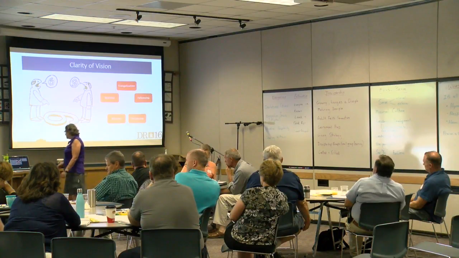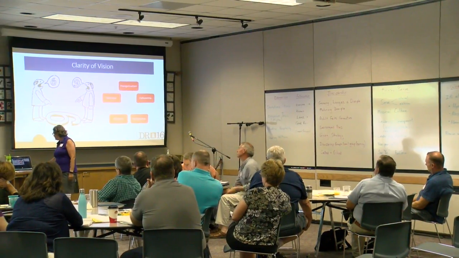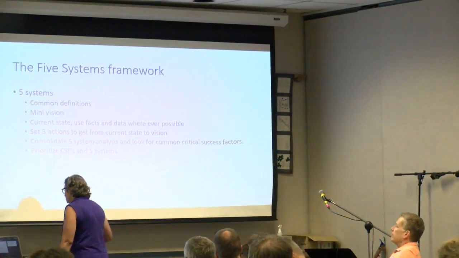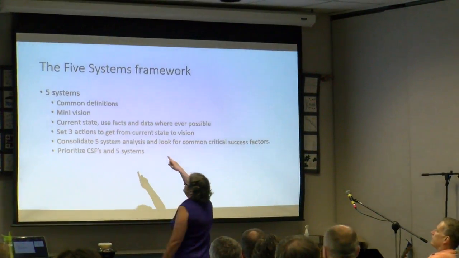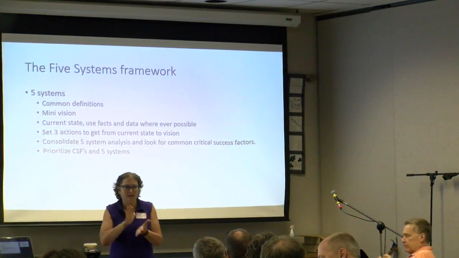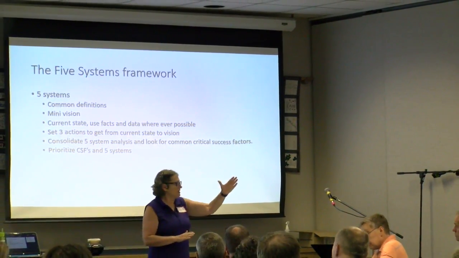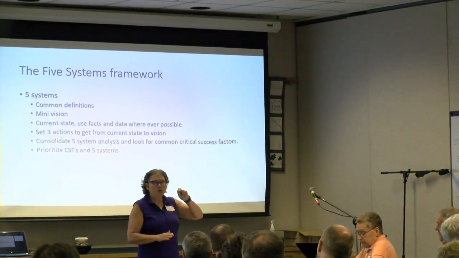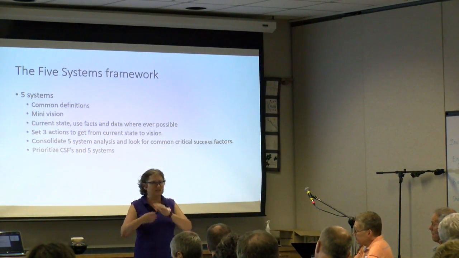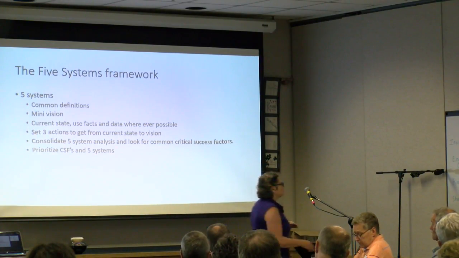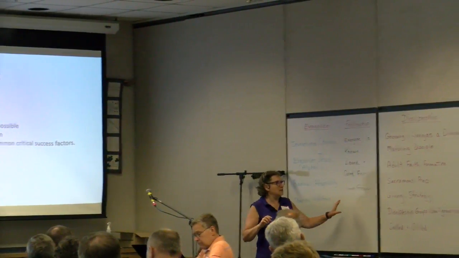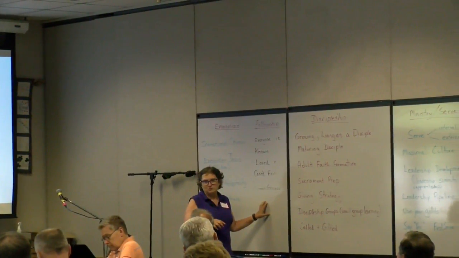So, pastoral council. One of the things you're going to do is clarify the 5 systems. One of the things I encourage you to do is get the common definition. Here's a jumpstart thing I did. Right out of the gate, when you're getting started, get some definition on this. Then do a mini vision. You don't have any facts, you don't have data, just sit down and say, what's our mini vision for evangelization in 5 years? What's our mini vision for fellowship in 5 years?